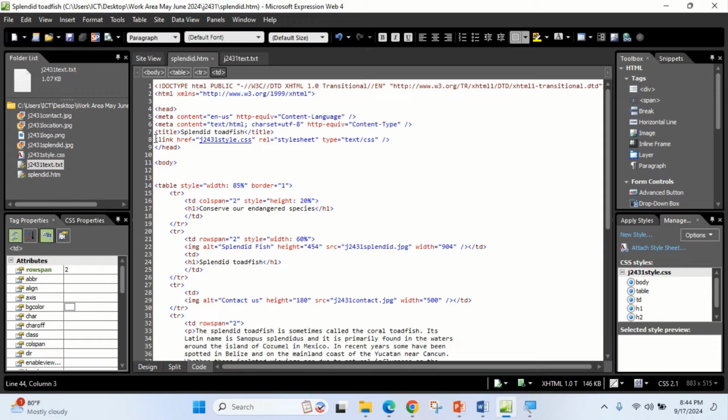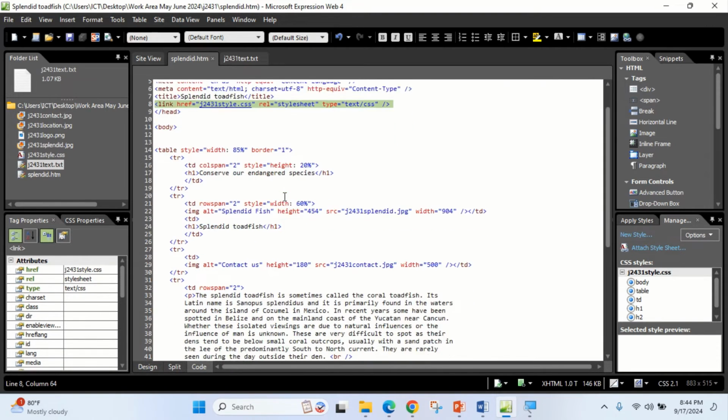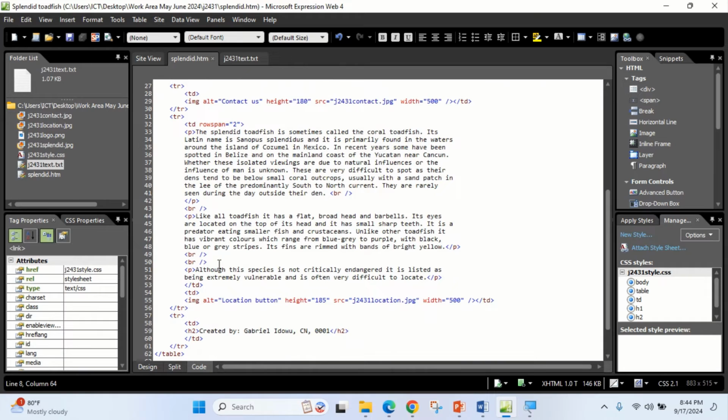Okay, this is the code for the style sheet we just inserted. You can see that. Okay, and you see the paragraph style that we did the other time. So you can see it for each of them. Paragraph style for this, paragraph style for this, and paragraph style for this last one. Okay, good. Then the next one,